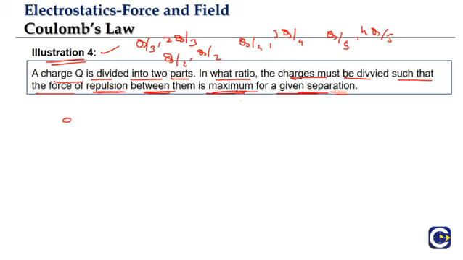So if we keep these two parts at a fixed separation, let us say R is the separation, which is going to be fixed, we are not changing this. However we break the charges, we keep them at the fixed separation. And we need to see how to break the charge Q so that the force of repulsion between them is maximum. Whenever we attempt questions like this, say for example we have a length L and we want to divide the length into two parts, usually we introduce a variable, and typically we have to find the value of the variable.